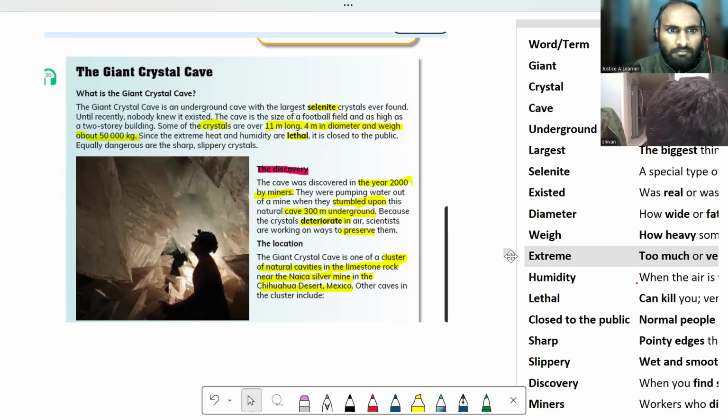Since the extreme heat and humidity are lethal, it is closed to the public. Especially dangerous are the sharp, slippery crystals. The discovery: the cave was discovered in the year 2000 by miners. They were pumping water out of a mine when they stumbled upon this natural cave, 300 meters underground, because